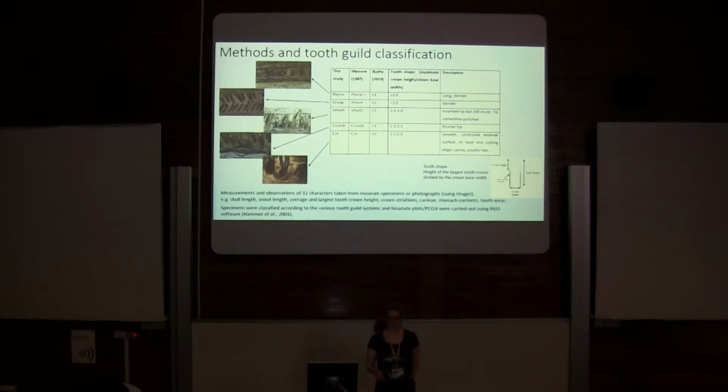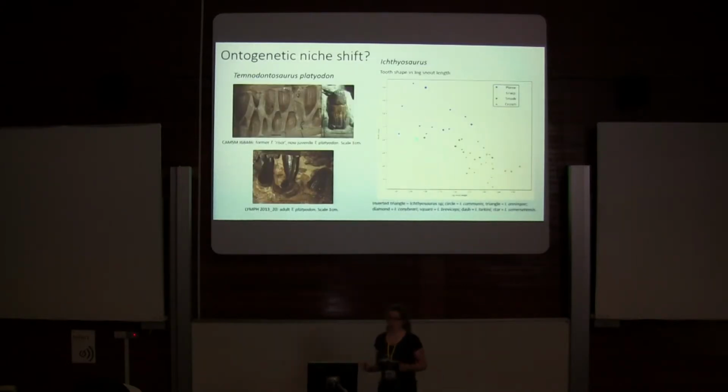What I should say is that since I finished my master's, the species identification, particularly of Ichthyosaurus, has changed considerably. So I'm currently in the process of updating my graphs and my results to reflect this. So what I'm presenting to you now are some of the main results, but there are other things which are currently in the works. So the main result that I got is about ontogenetic niche shifts, and this is where